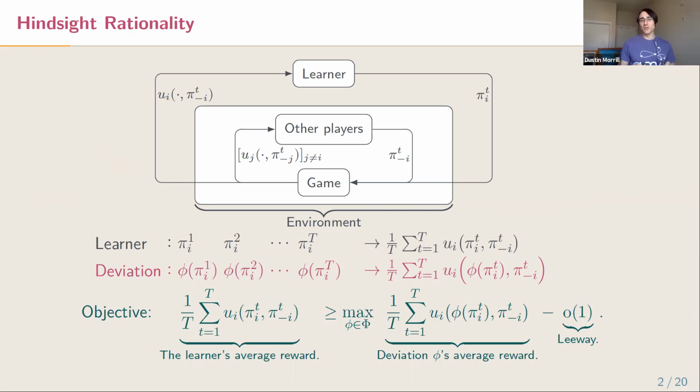So there's going to be a learner, that's going to be the algorithm, the agent that our algorithms are going to be controlling. This learner is going to interact with the world by producing strategies represented by pi_i^t here. That strategy is going to get played out in the world where there might be other agents also making their own decisions. Ultimately, though, the learner isn't going to reason explicitly about what the other players are doing, but instead is going to just observe a payoff function that the environment gives back to the learner that encapsulates the decisions that the other players made and lets the learner learn from